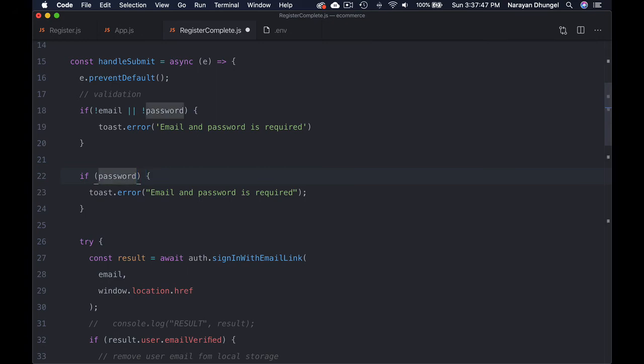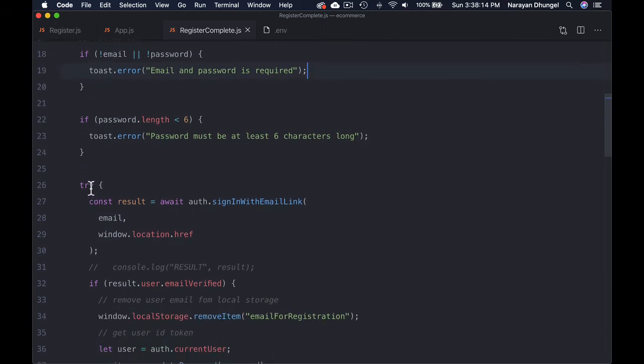If password.length is smaller than 6, we can show another error message that says password must be at least 6 characters long. All right, now just showing the error message does not stop the code execution